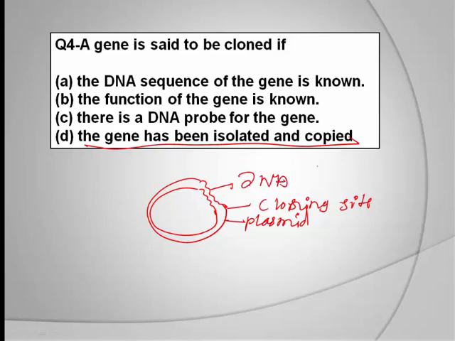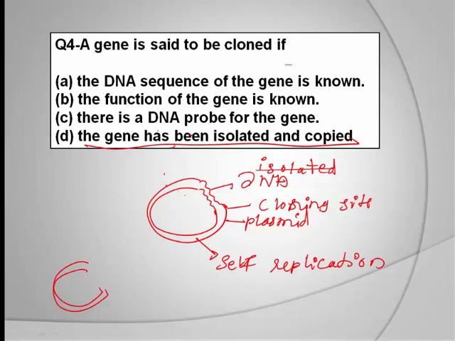Let us imagine this is the isolated DNA. If this isolated DNA is copied when the plasmid undergoes multiplication, no doubt the inserted DNA also undergoes multiplication. If this plasmid undergoes self-replication, so along with the plasmid, what are we going to get? This is the plasmid DNA and this is the desired DNA. Here we are getting the copy of